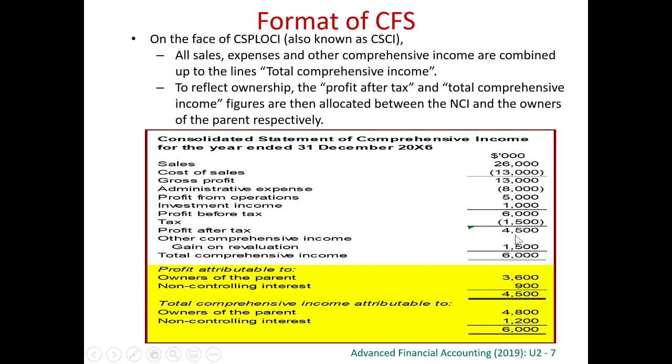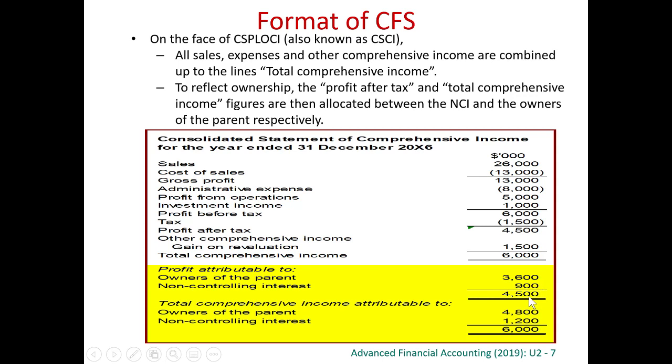If there exists any subsidiary which is not a 100% subsidiary, then part of this profit of the subsidiary should be shared to NCI, to the non-controlling interest. Therefore, from this 4,500, we have to determine how much of the profits should be attributable to the non-controlling interest